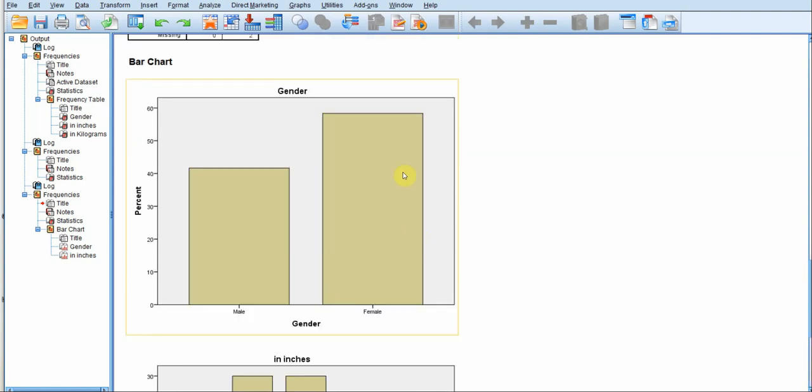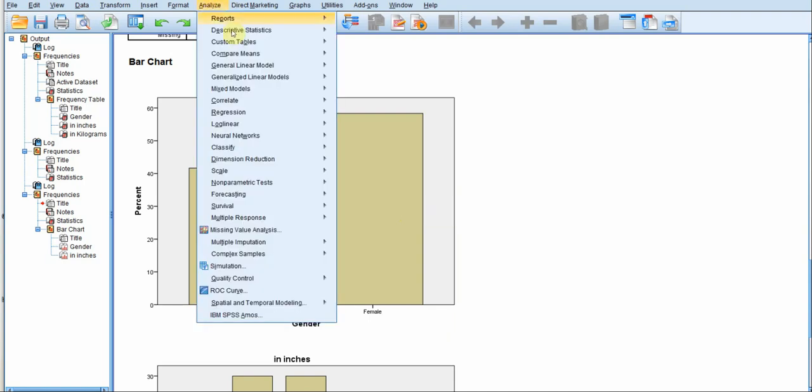So if you have a categorical variable, that is the nominal measure of scale, then you can use a bar chart and you can stick with frequencies, which gives us a better picture.